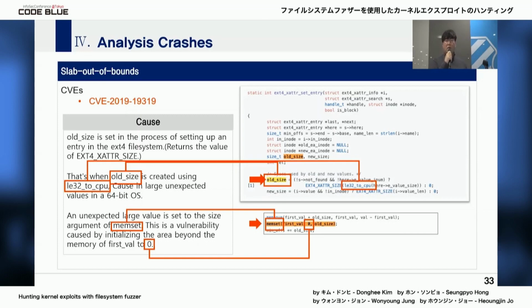Among them, the value stored in old_size is calculated through a function called le32_to_cpu. An unexpected large value may be set due to the difference between the 32-bit data type and the 64-bit data type on a 64-bit OS.